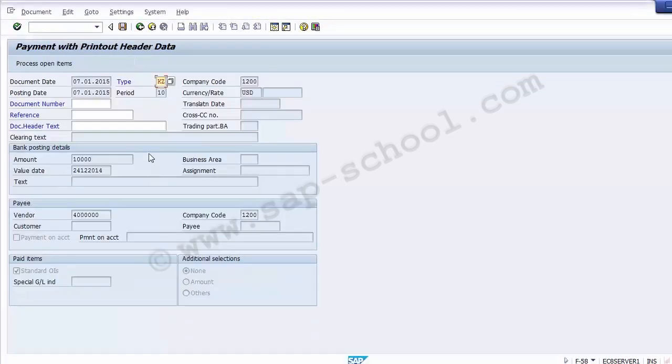So now we can go ahead with the transaction now for the year 2014. Okay, we need to execute the transaction once again, F-58, and now we can